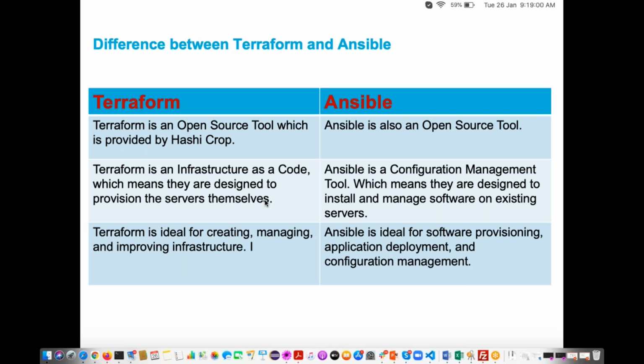What is the use of Ansible? After creating the servers, Ansible is a configuration management tool, which means it is designed to install and manage software on existing servers.